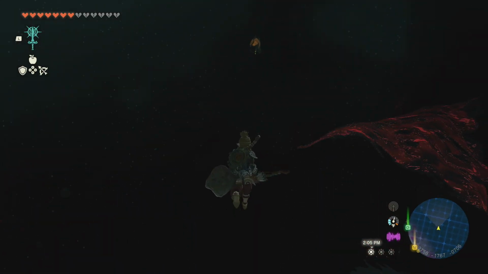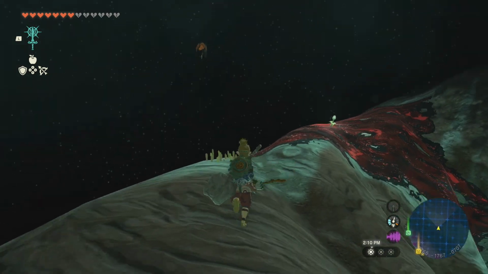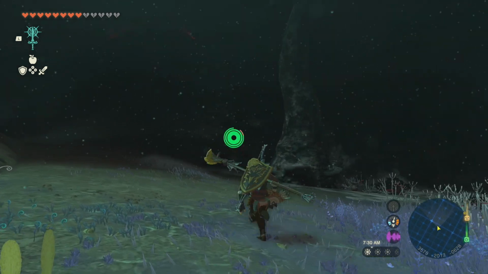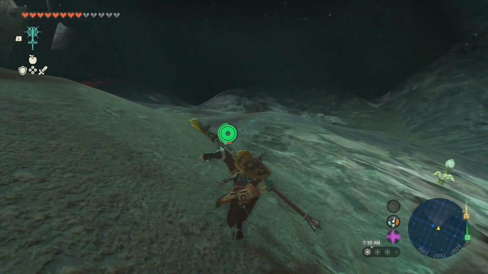I don't know why, but when I first started in the depths, I thought you had to fuse bright bloom seeds to arrows, and that was the only way to get light from them. This to me is now completely crazy, because all you actually have to do is hold down the right trigger, press up on the D-pad,